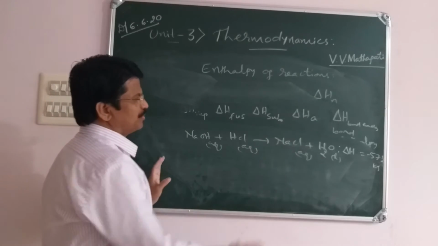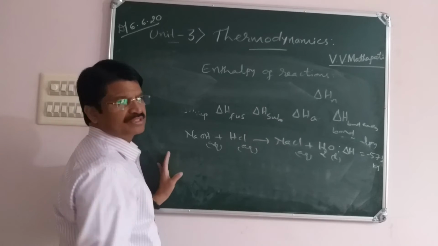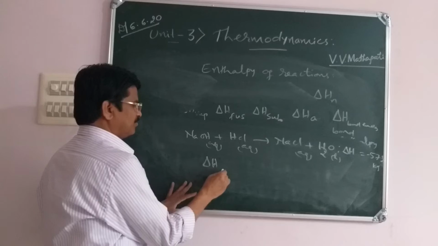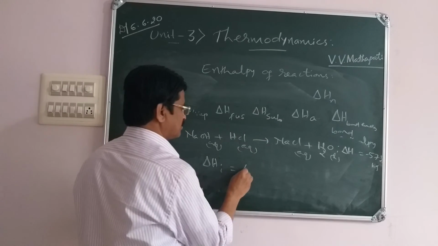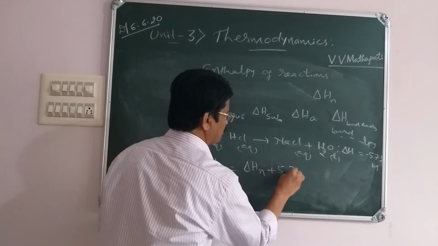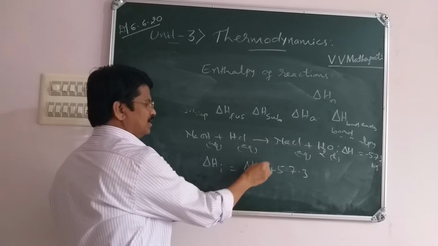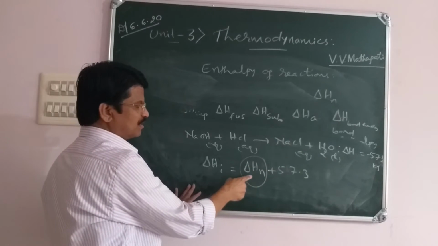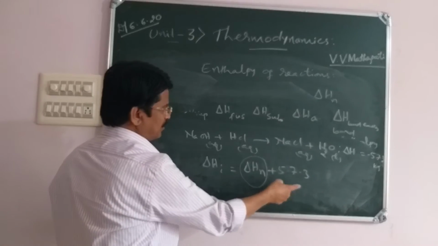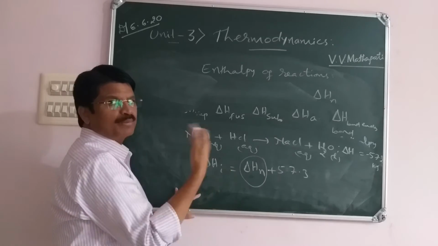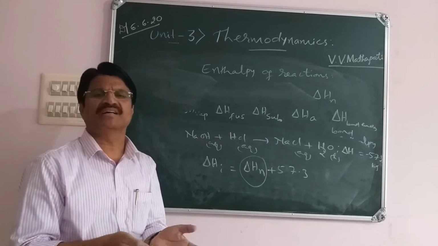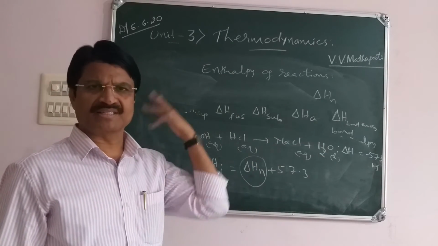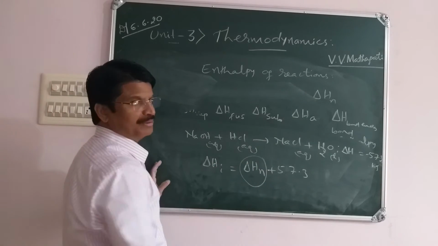Then we can calculate delta H values in the case of weak acid and weak base. Delta H of ionization of a weak acid or weak base is delta H neutralization plus 57.3 kilojoules. The value given in the question paper for the weak acid or weak base is also a minus value; substitute it here and add this one, and we get how much energy is absorbed by that weak molecule, maybe acetic acid or ammonium hydroxide. Weak acid, acetic acid, and weak base, ammonium hydroxide, are examples. Those we can use to solve the problems.